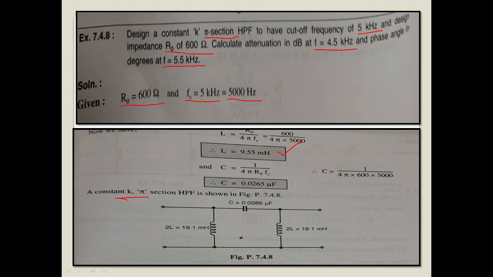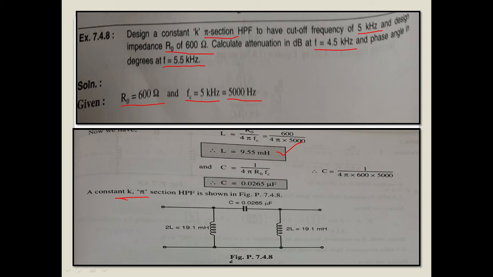In this way we have solved any type of numerical. There are 4 to 5 steps you have to adopt while solving the example. First step is that you read the given example carefully, and whichever data is provided by the examiner, you note it down first. Second is the formula to be used. Which formula is necessary for finding out the value, that you take down. And third step is that whatever is possible, you substitute the values in the formula and find out the value, and based upon the analysis find out the remaining value or whatever is asked in the examination.